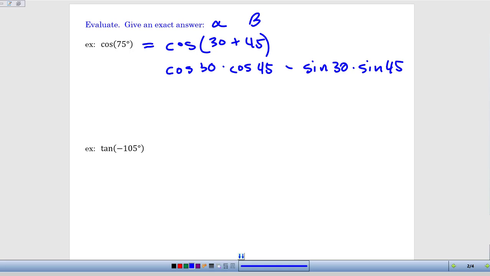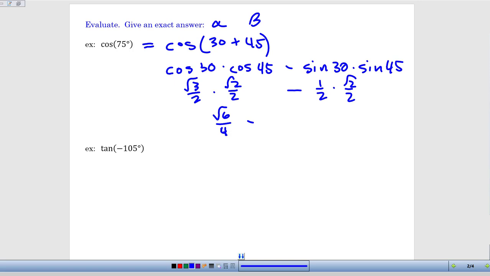The cosine of 30 is root 3 over 2. The cosine of 45 is root 2 over 2, minus the sine of 30 is 1/2, and the sine of 45 is root 2 over 2. Now if we clean up, root 3 times root 2 is root 6 over 4